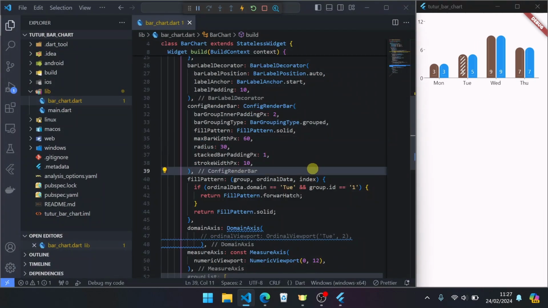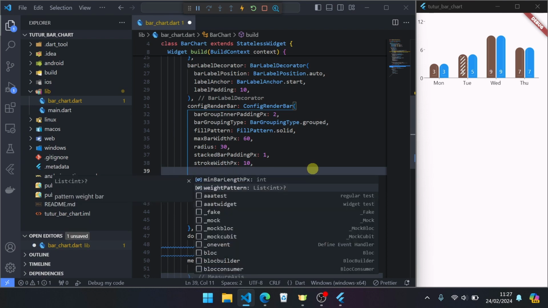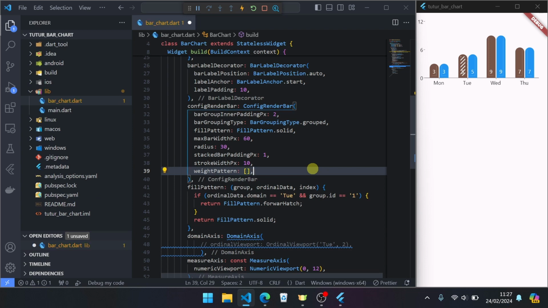Next, wake pattern, default empty. This is for pattern like a line chart.